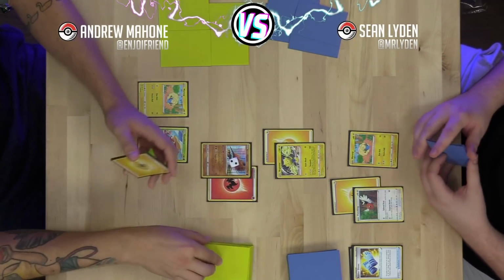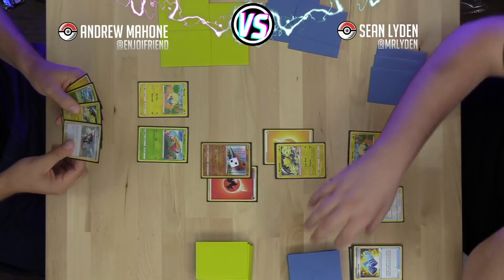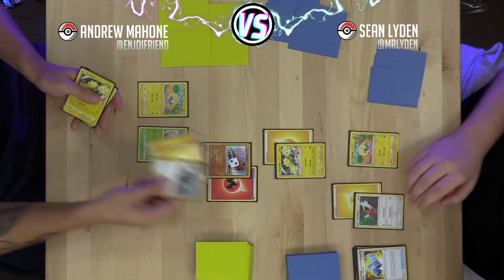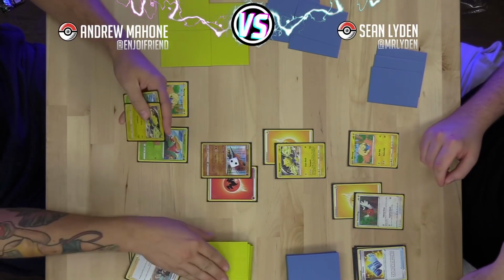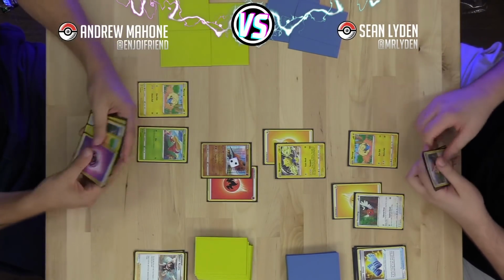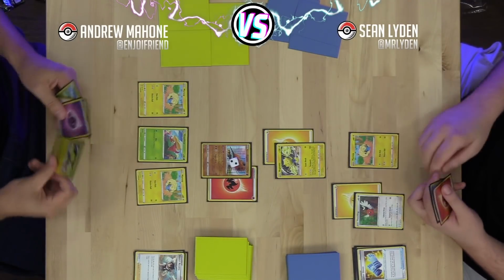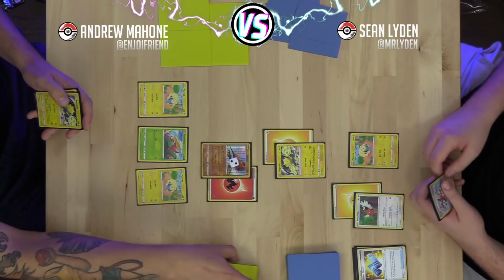All right. Now, my hope was that last turn you would play a lot more basics so that I could Zinnia for more when you get to play your supporter for the turn. So I am going to Zinnia for 3 more. 1, 2, 3, which is fine. Not bad at all. All right, we've got another Mareep, and I've got my own